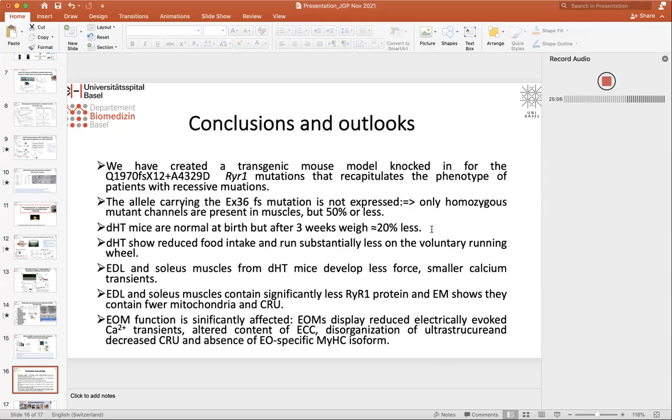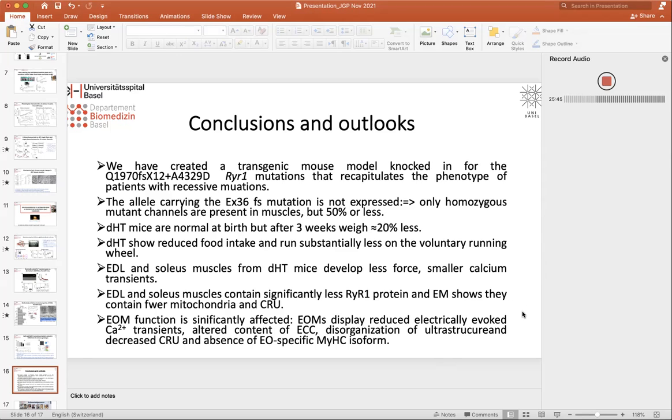And these double knock-in mice are normal at birth, but then after 3 weeks of age, you can clearly see basically genotype just by looking at them, because they're significantly smaller. They run substantially less on the voluntary running wheel, and their mechanical properties and the calcium transients developed by the single fibers or their whole mounted muscles. You can clearly see that these muscles are very weak, and that the EM recapitulates the presence of small cores and disarray of the